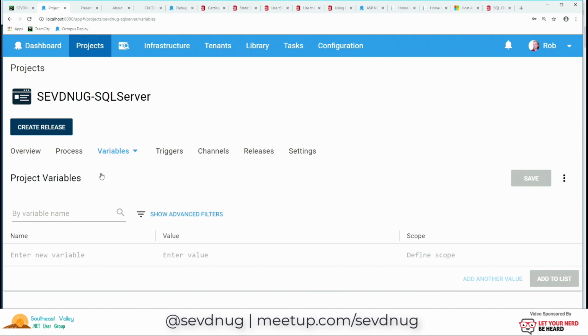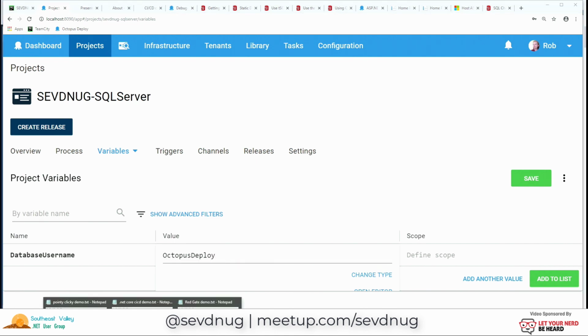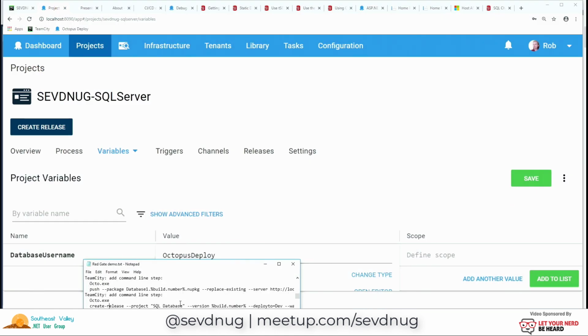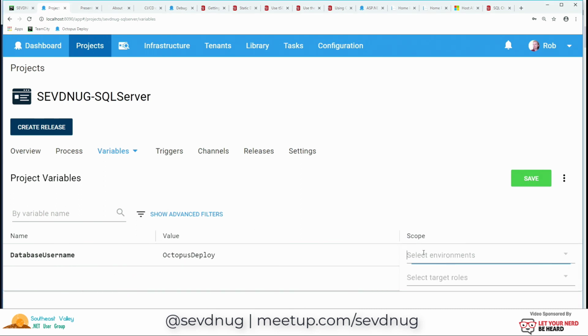level variables, scope to Valley.NET User Group SQL Server deployment project. And let's create a variable called database username. And this will be Octopus Deploy. Of course, typing the username is the hardest part of the entire demo. And I can define my scope. Now this, I'll use the same username in both environments, so I won't pick a scope. But role, I will